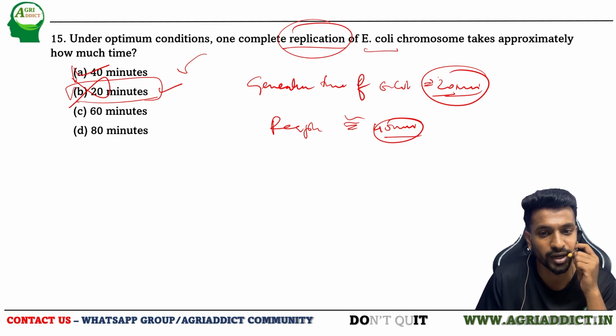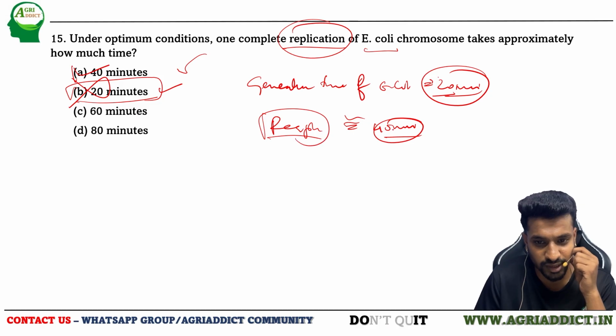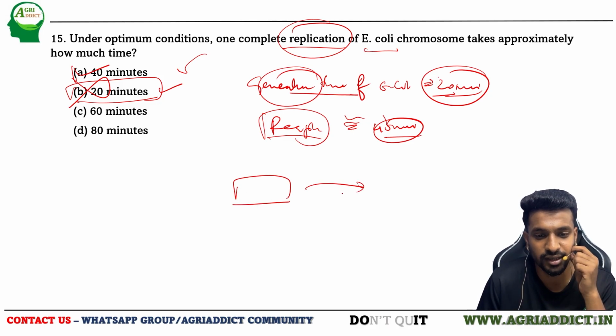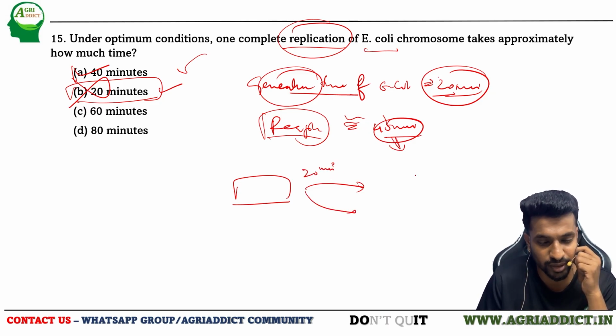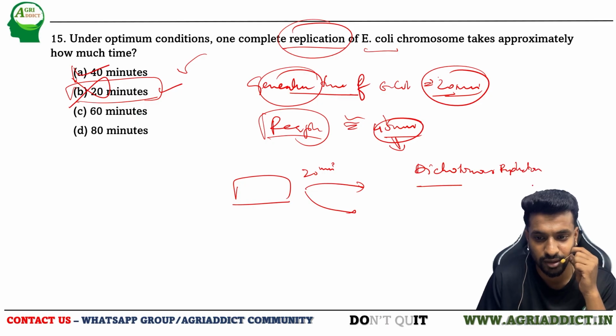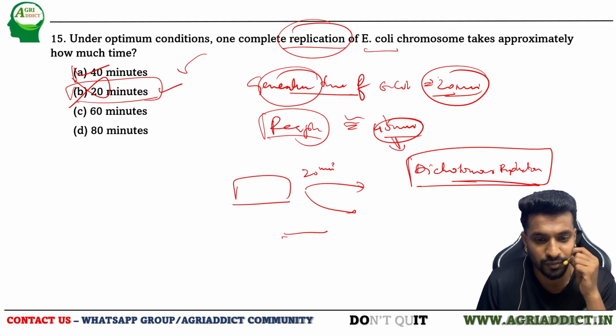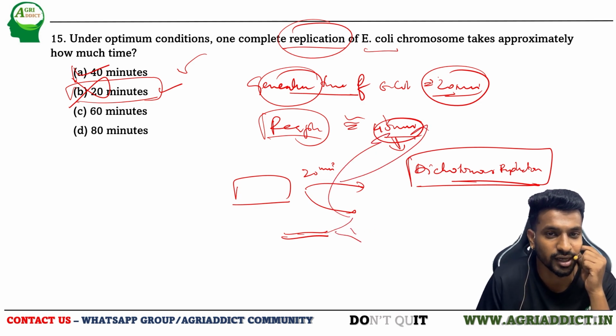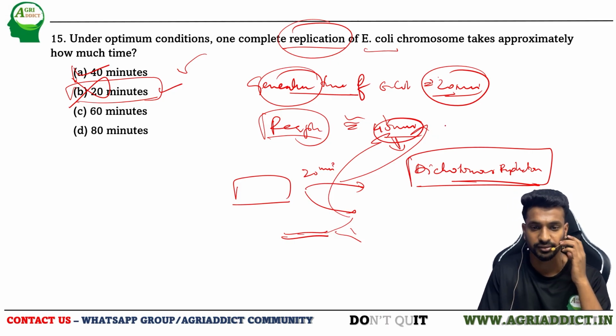Again, seeing this, you might get one good question. What if the replication time is itself 40 minutes, and how is E. coli able to complete its life cycle in just 20 minutes? How is it possible? This is because of a special type of replication called dichotomous replication, in which before the first replication finishes, a second set of replication has already started. This is how they compensate the time, and the generation time will be over within 20 minutes. Okay,